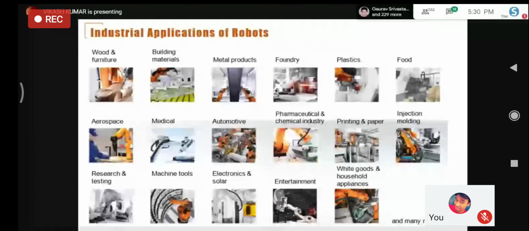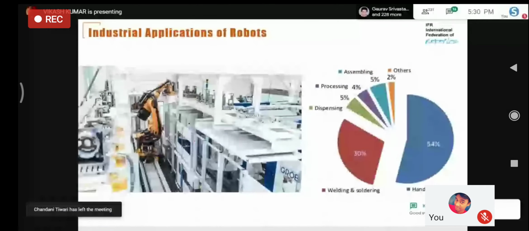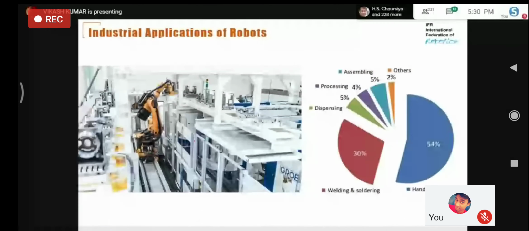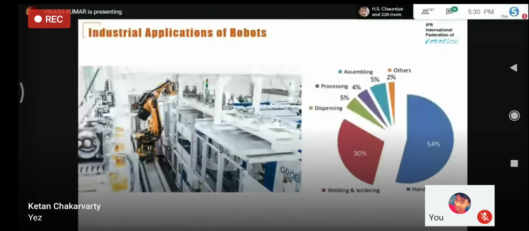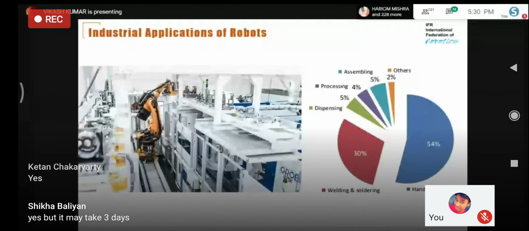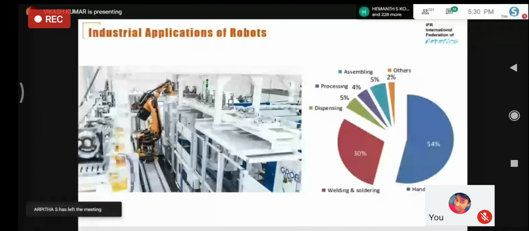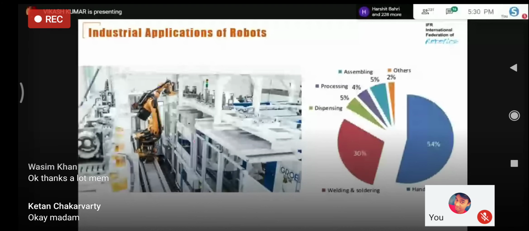Now here a small statistic is there. In that you can easily identify more than 50% of applications are in handling, and the rest 30% major contribution is in welding, and the rest you can see dispensing, processing, assembly. They have different weightages, but the top two applications you can easily identify: one is material handling and second is welding and soldering.